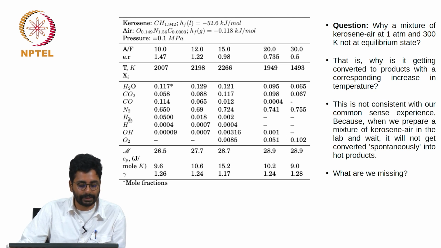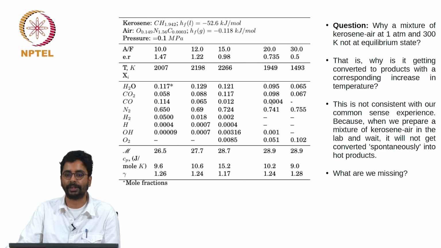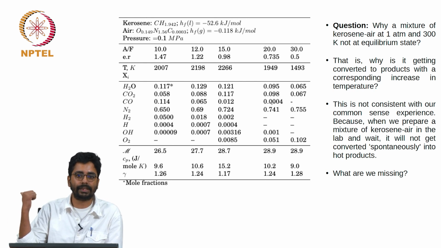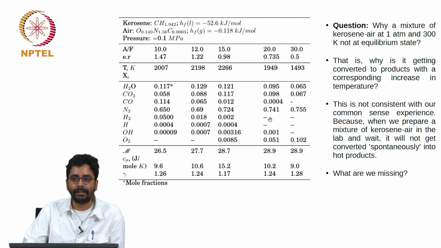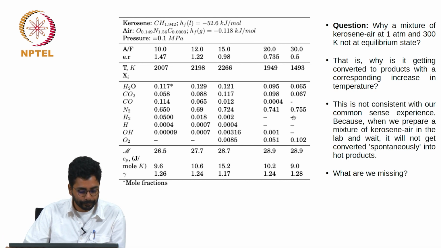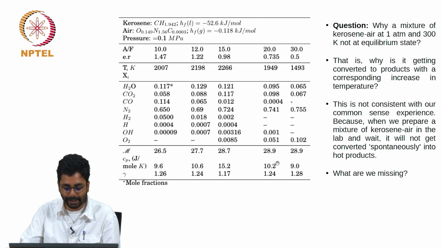The other thing to note is, of course, on the fuel rich side you have fuel species left over: atomic hydrogen, molecular hydrogen, and carbon monoxide are present on the fuel rich side. But the moment you go to the fuel lean side the hydrogen disappears, and the carbon monoxide concentration is much lower. Recall the NOx versus carbon monoxide and its relation to equivalence ratio. This is the simplest way to understand it. You also see other things, the relevance of which we will see later. The molecular weight is given, the gamma is given. These are relevant for rocket calculations, and we will discuss these aspects later.